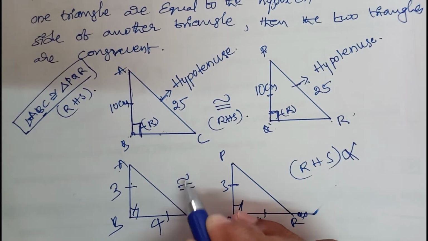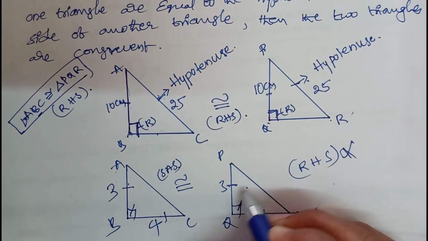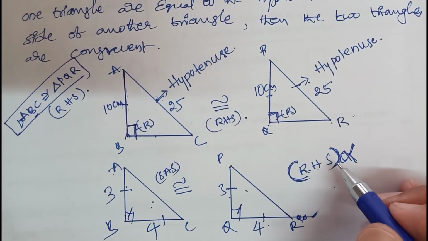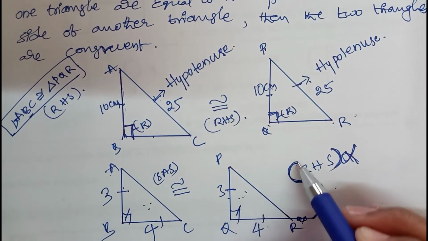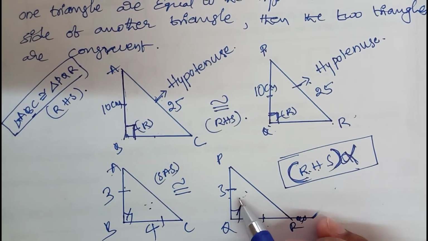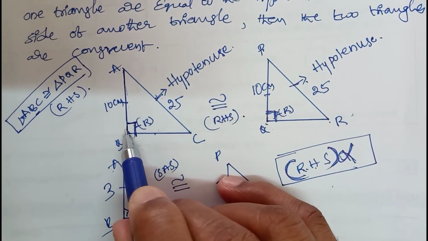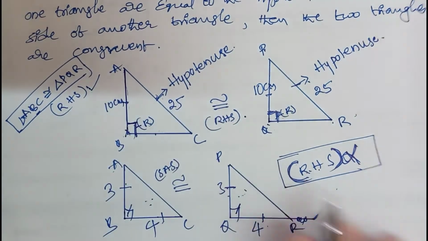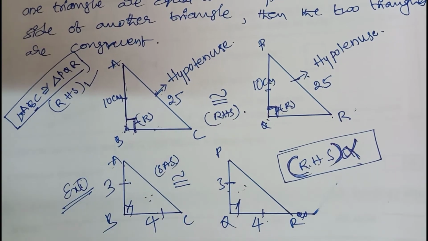So these two are congruent by the side angle side criteria, but these two triangles do not follow the criteria of RHS. So remember this. If you find two triangles are right angle triangles, don't blindly take RHS. Follow their corresponding sides. If the hypotenuse and corresponding angles are 90 degrees and one side are equal, then only we have to go with RHS. Take care of this type of sums.